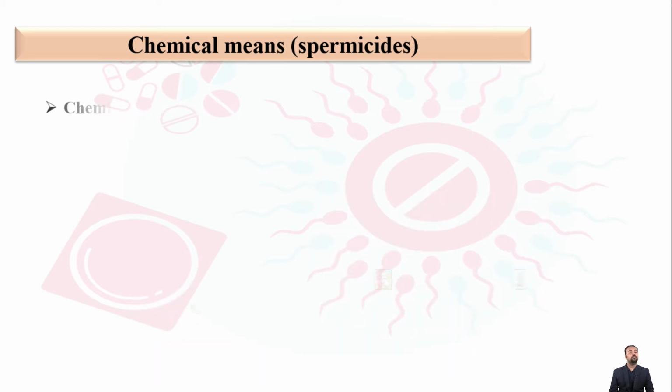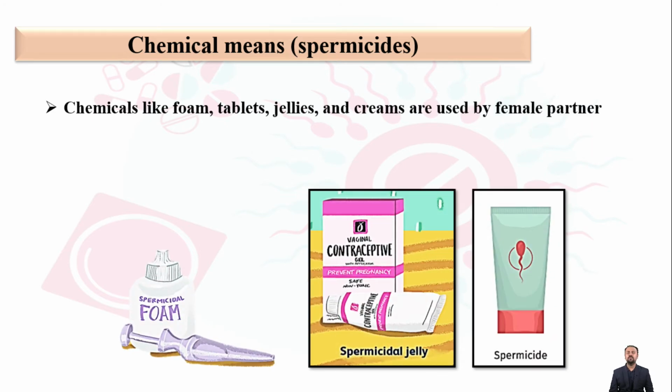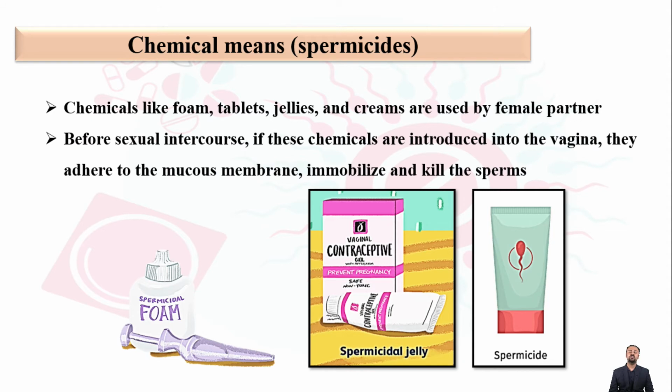Students, in case of chemical methods, there are various chemicals known as the foam tablets, jellies, creams which are used by the female partner. Basically, students, before sexual intercourse, if these chemicals are introduced into the vagina, they adhere or get stuck to the mucous membrane which is lining the vagina and immobilize and kill any sperm which enter the female reproductive tract. Students, a foam tablet is a tablet which once inserted inside the vagina creates foam which spreads all over the inner